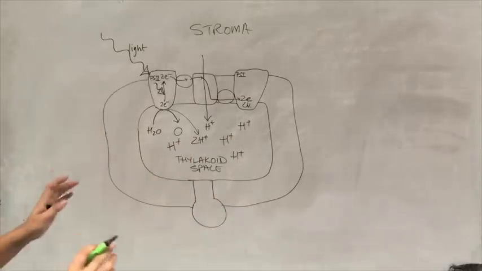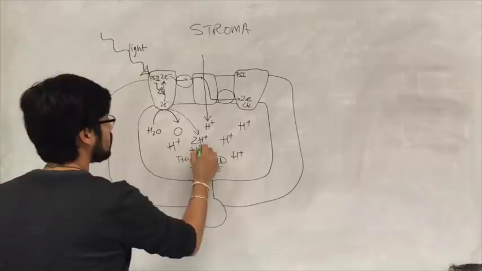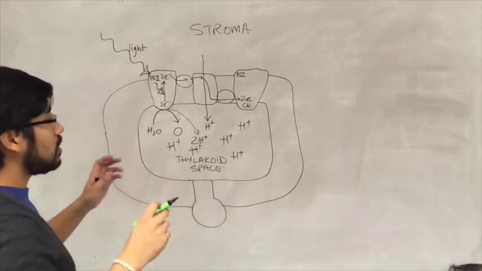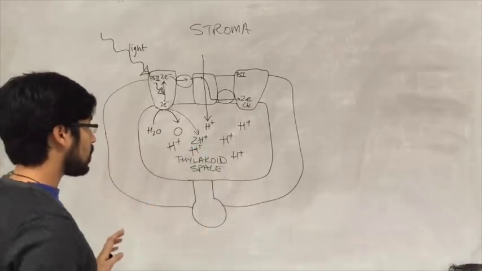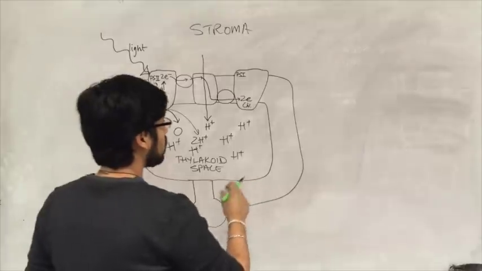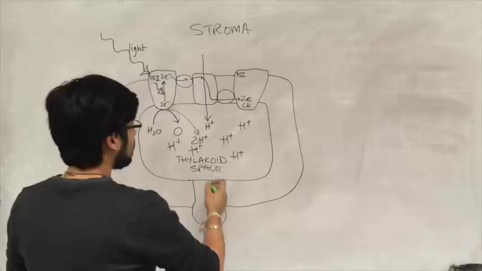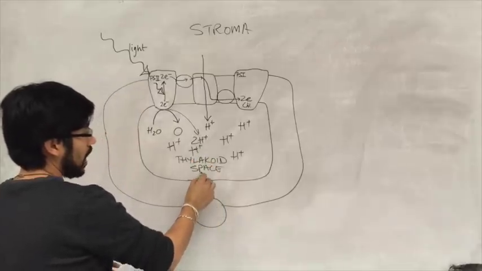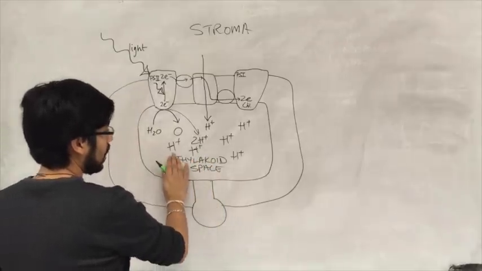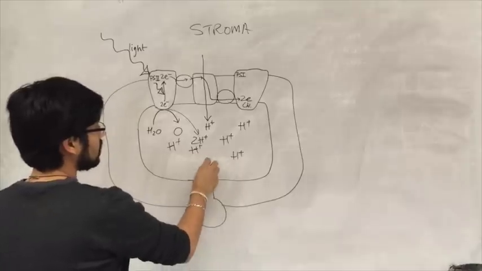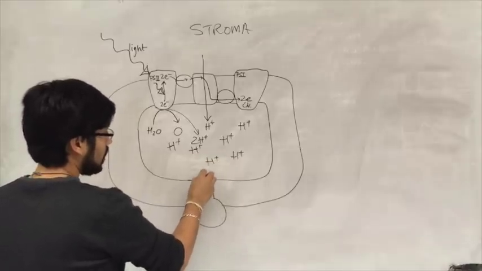Because as these protons build up in concentration, we build up a concentration gradient, a proton gradient, and the reason for that is that as these protons build up in concentration, they diffuse